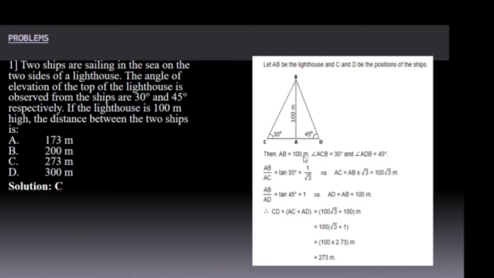That length AB is 100 meters, angle ACB is 30 degrees, angle ADB is 45 degrees. Okay, now coming to this particular triangle, what are the things given to us? If you look at this particular angle at the point C, the opposite side is given to us, right? So AB becomes the opposite side. So the length of the opposite side is given to us.